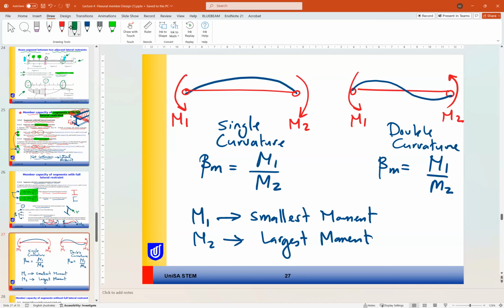But the idea is, what is the sign here and here? Do you know which one is positive, which one is negative? Have you seen this before in steel and timber course? If you studied steel and timber,